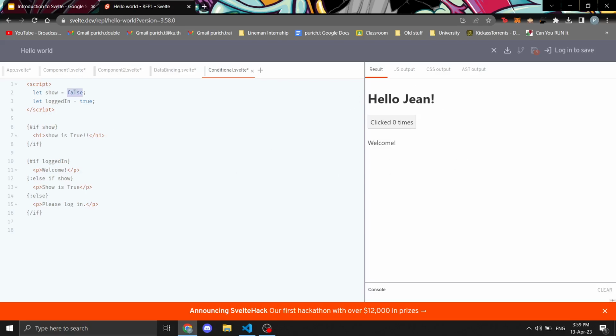Very easy to do. You can also use else if and also else. So this is how the syntax will look like. You start the if block with a curly bracket with a colon, and then else if, and then the condition. For else it is the same, curly bracket with a colon and then else. And then don't forget to close your